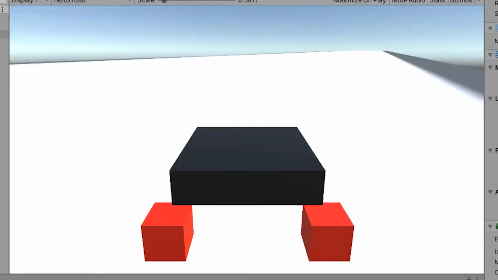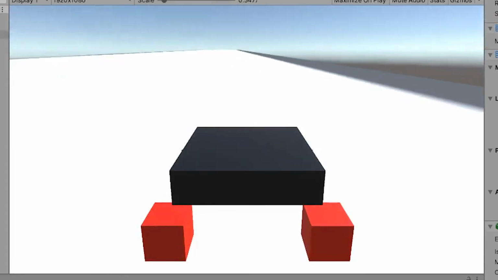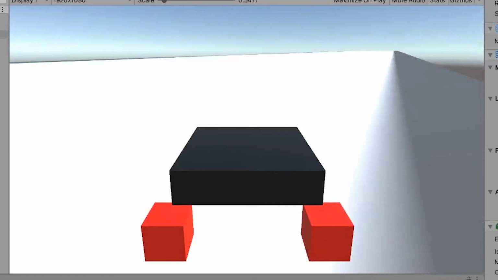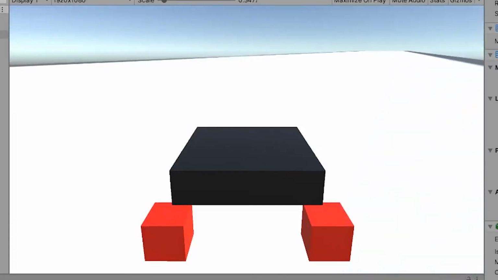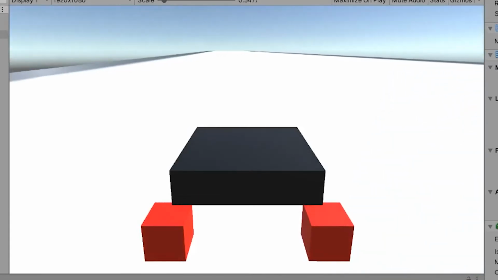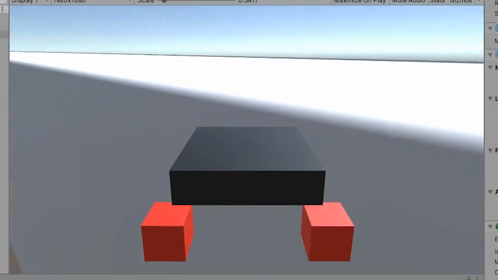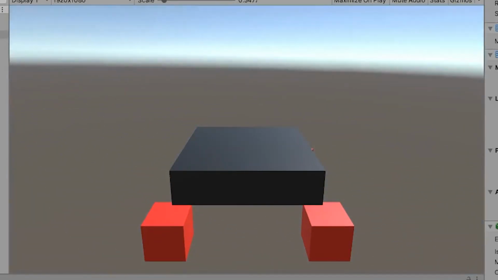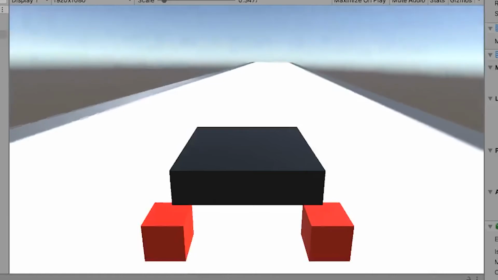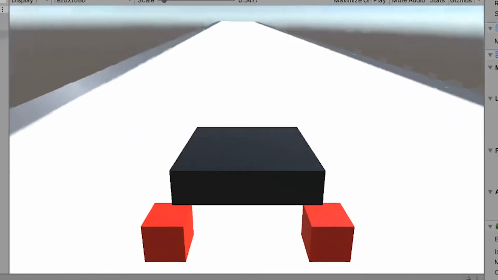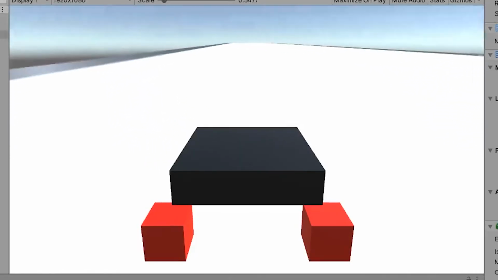But for now, I want the steering to be a little easier to control. So instead of adding relative force, I just have to redirect the force we already have. The only issue is I have no idea how to do that, and I looked it up, but I never got it to work. So instead, I made a couple more equations and just set the velocity for each direction